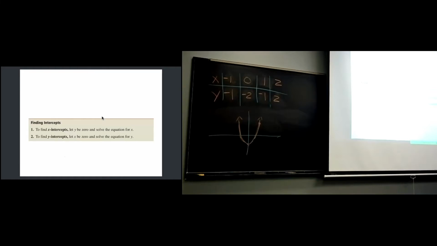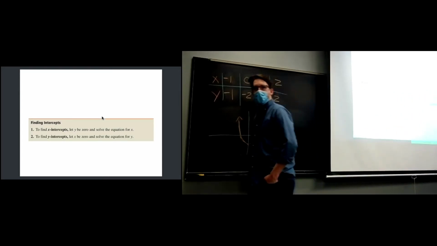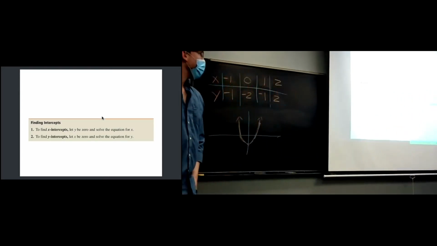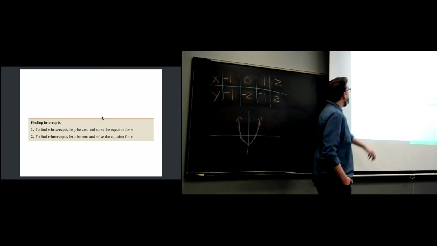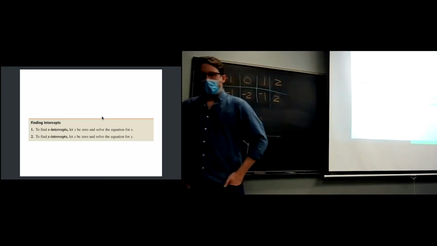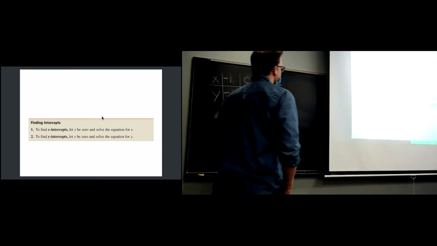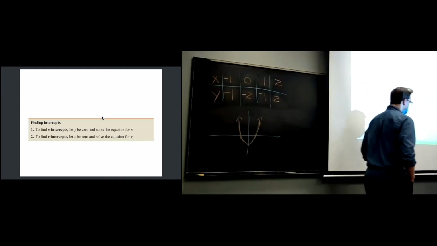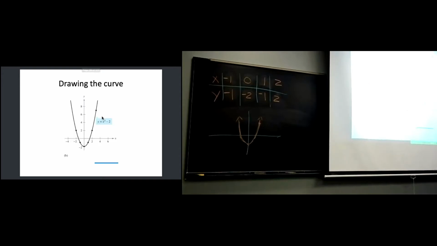So from here, a natural question might occur: how can we make this process easier on ourselves? One way we could do that is by finding our x and y intercepts. X-intercepts are found by setting y equal to 0, and y-intercepts are found by setting x equal to 0. So if we wanted to look at this problem and find our x and y-intercepts,